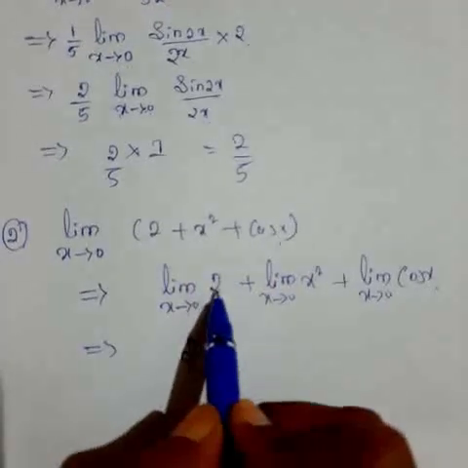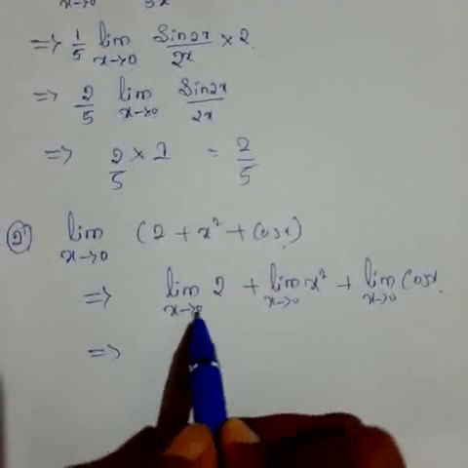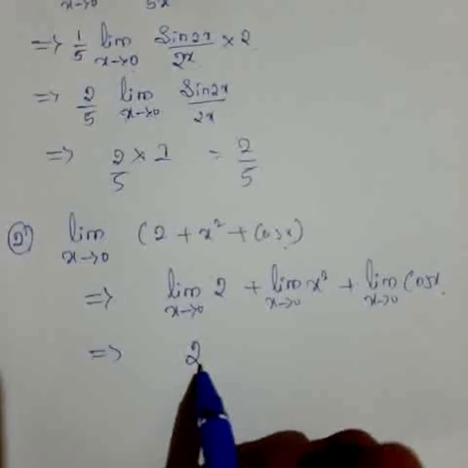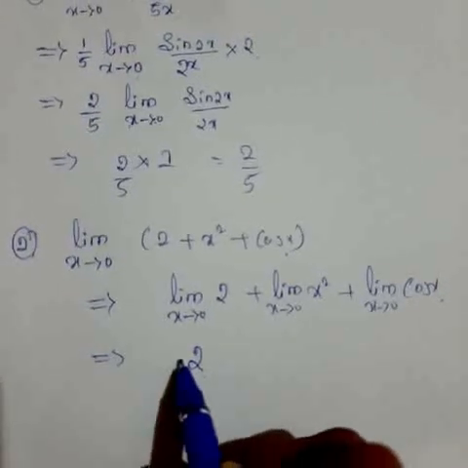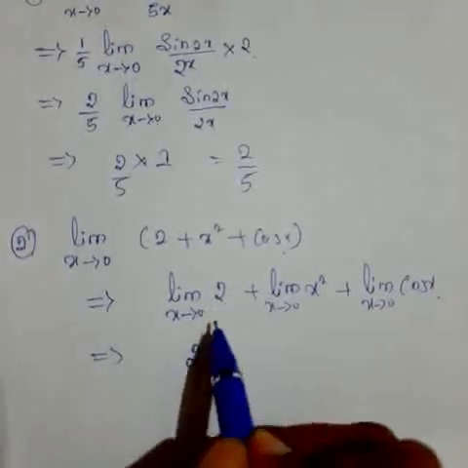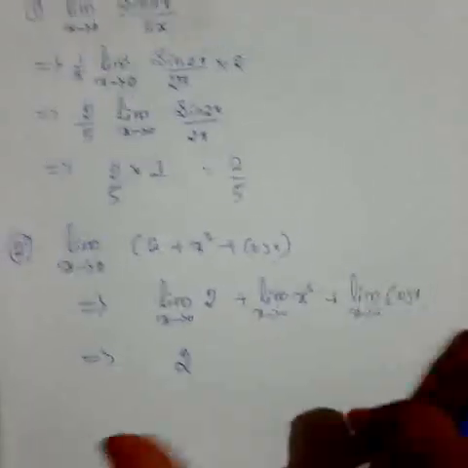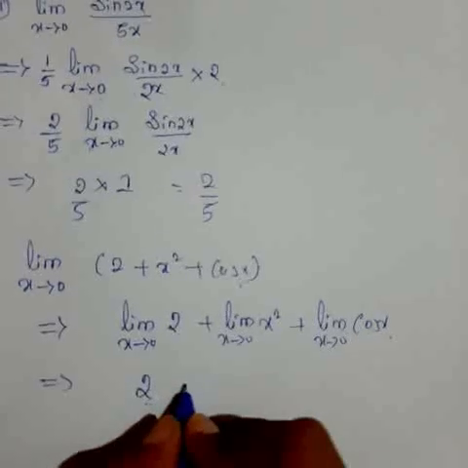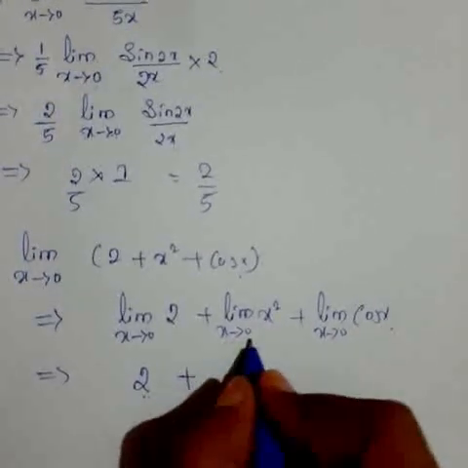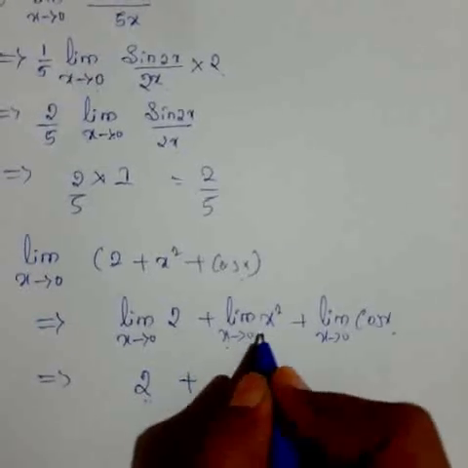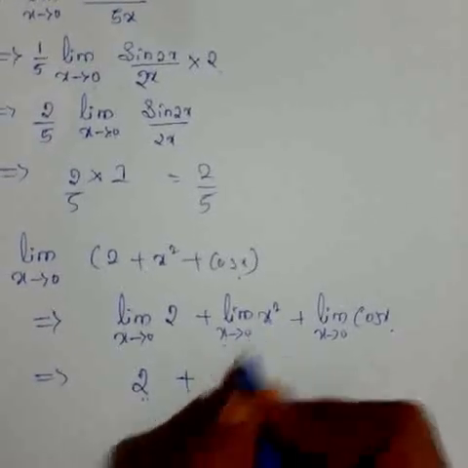Just remember, whenever you are putting the value of x equal to 0, immediately don't write limit again. If you write the limit function, that is wrong. Just put the value and write whatever you get, don't write the limit. The next is x approaching 0, but here the function is x. If you put 0, you will get 0 only.